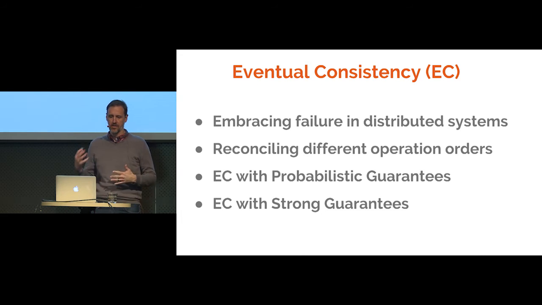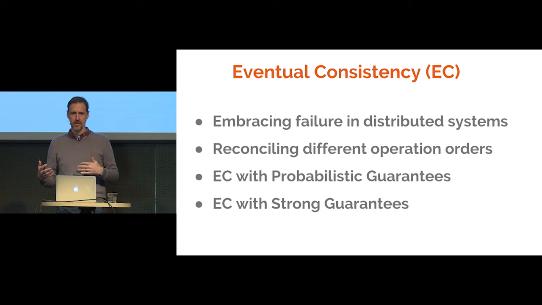And when you talk about eventual consistency, there are basically two ways of looking at it. One is probabilistic guarantees. That means that I'm probably going to get the same view of the data, but I might not. If you're familiar with Dynamo, it has a probabilistic guarantee. What that means is that it won't always return the exact ordering of operations on the data. So I might get slightly different views of my data